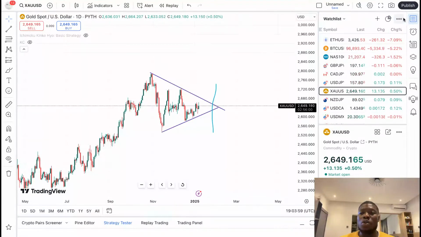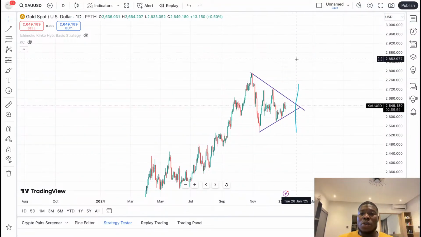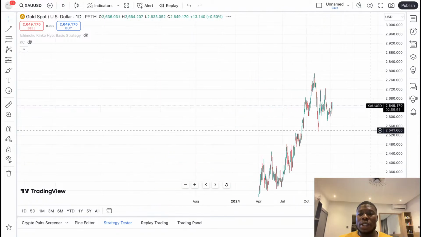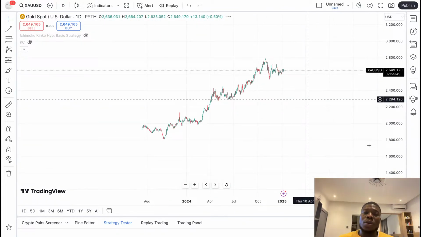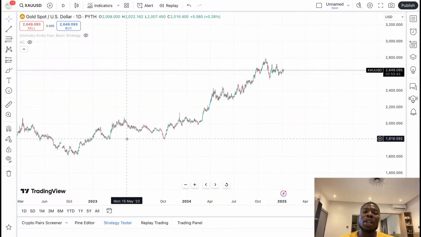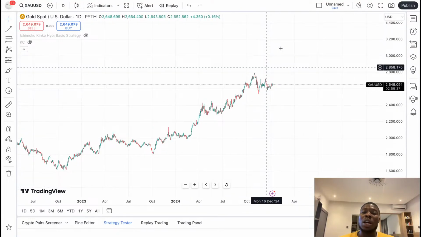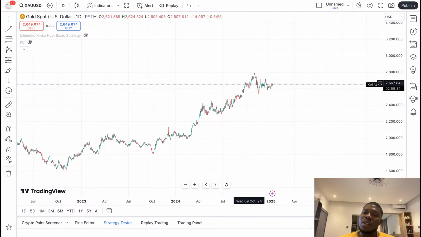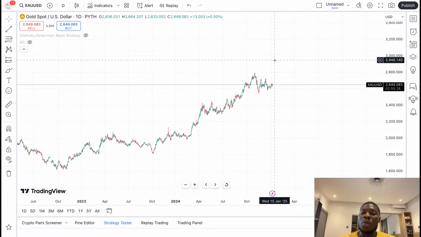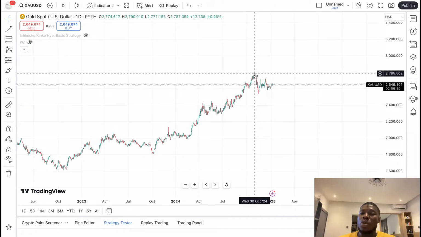Now, whenever you come to the market, always zoom out. I always talk about it. Always zoom out and check what the market is doing. Currently, this is gold, and gold is in an uptrend. We can clearly see that on the one day chart. But like I always tell you, you need to know if this uptrend is still active or about to change its direction. So if gold is in an uptrend and the pattern you're using is a trending pattern, that means it's going to work out.